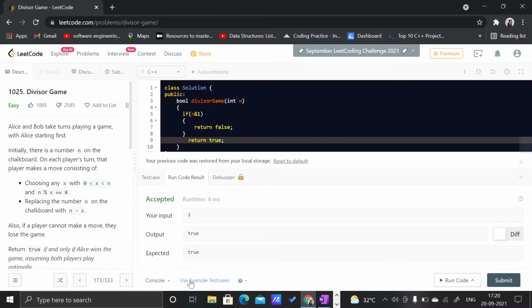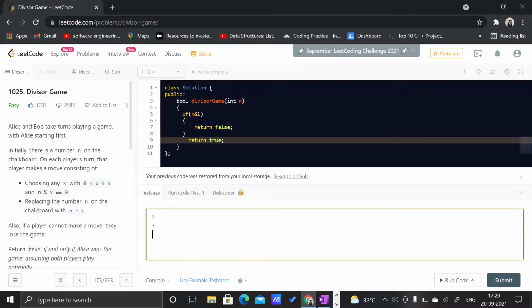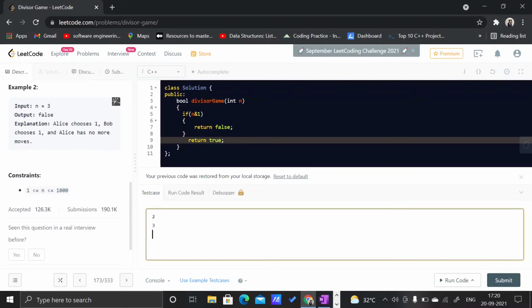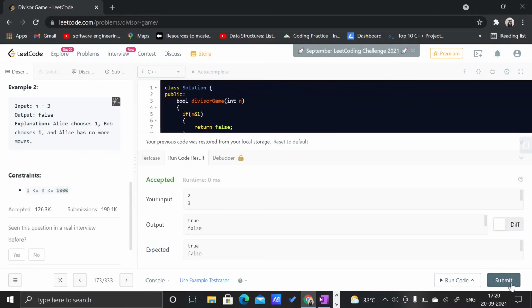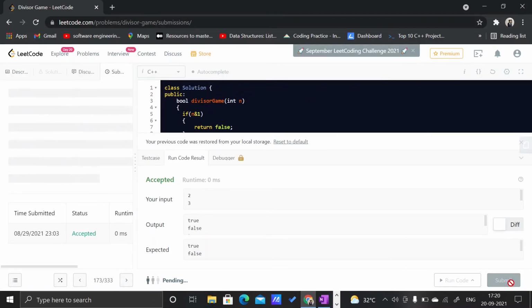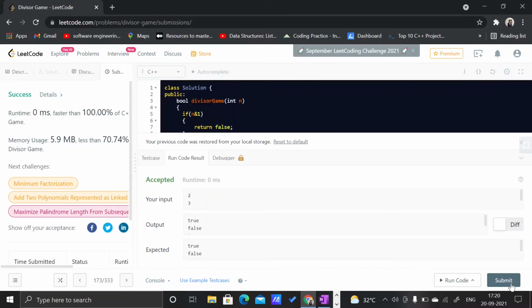So it's working now. Let us try some more sample cases, corner cases too. Let's go for 1000 as well as 1. It's running now, so let us submit the code. As you can see, the code is submitted, and that was a pretty easy question in the DP segment of LeetCode. I hope you enjoyed the video.